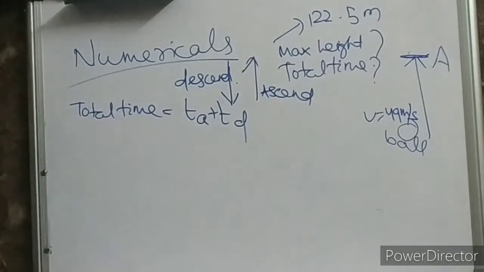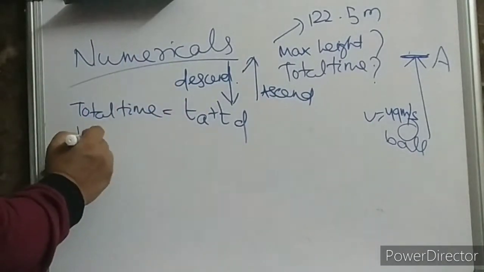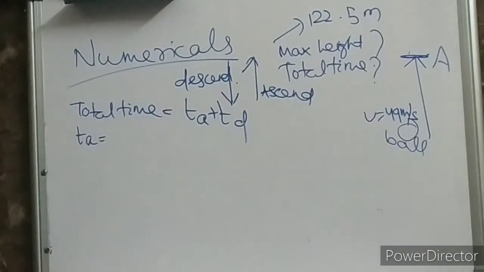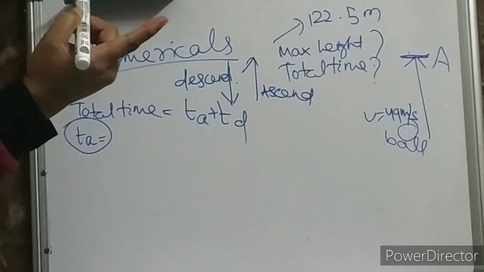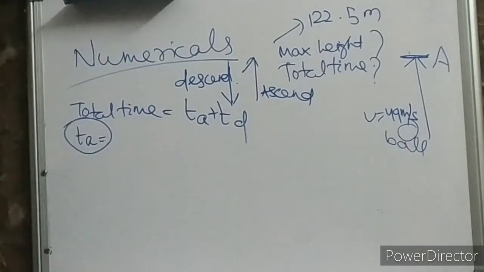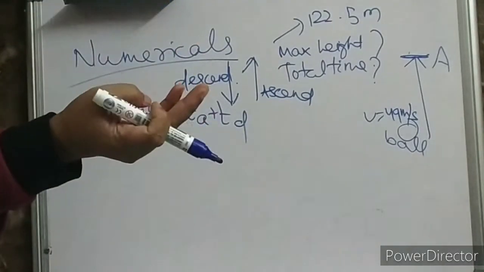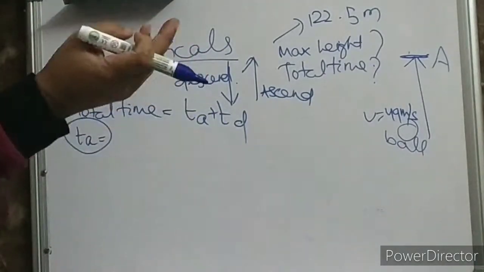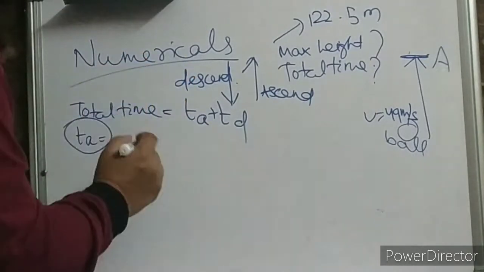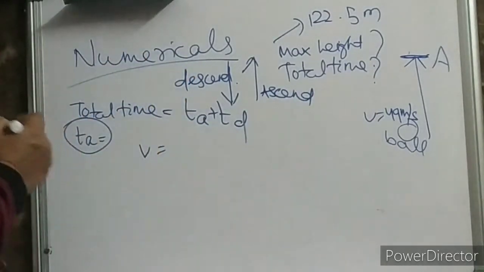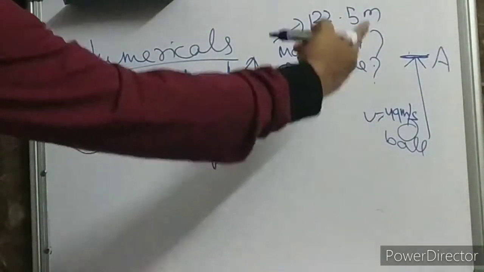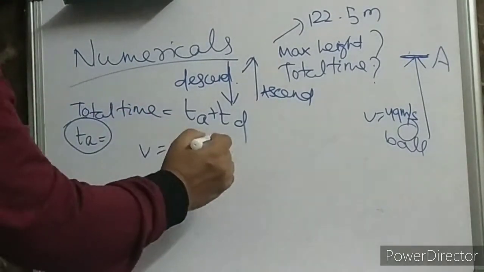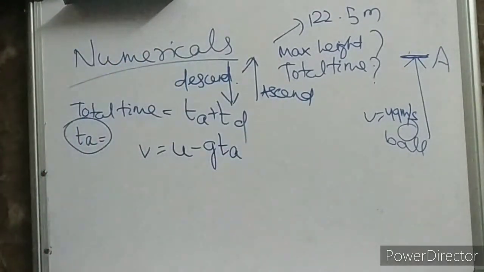So now first we will calculate time of ascent. How to calculate time of ascent? For that, which equation of motion will you use? V is equal to U plus AT. That means here V is equal to U plus GT, because you know V, you know G, you know U. So all the info you have. So you can easily use V is equal to U minus GT, going up, that's why minus G. In place of T you can write TA.